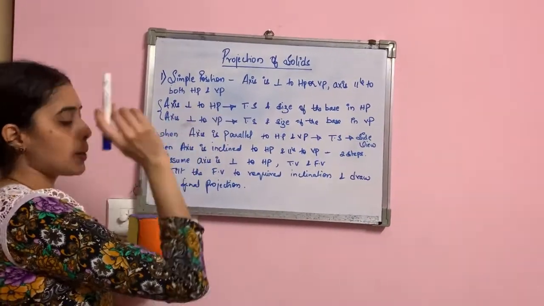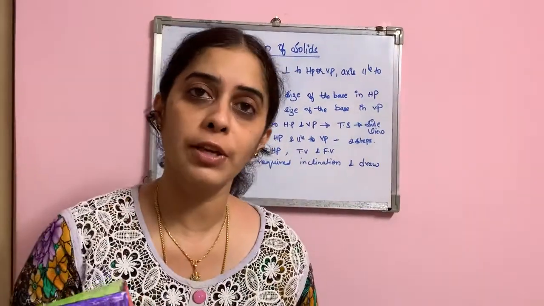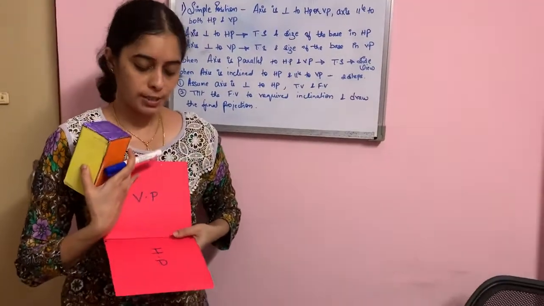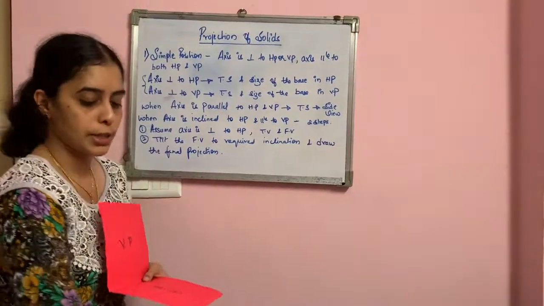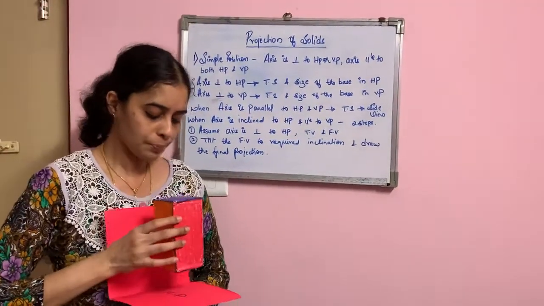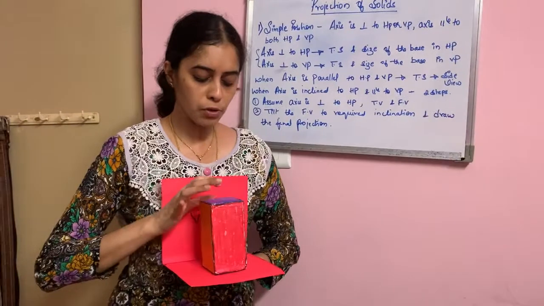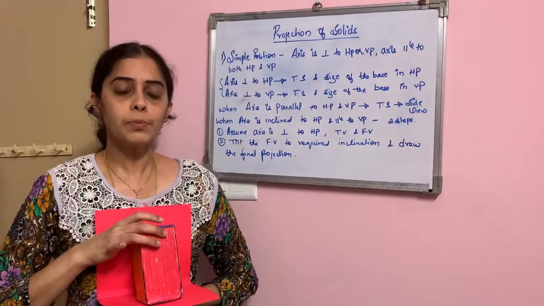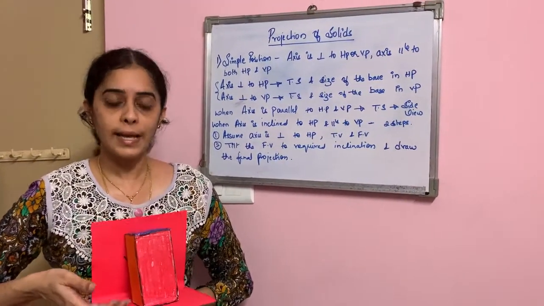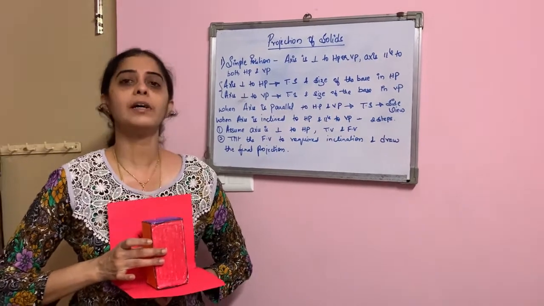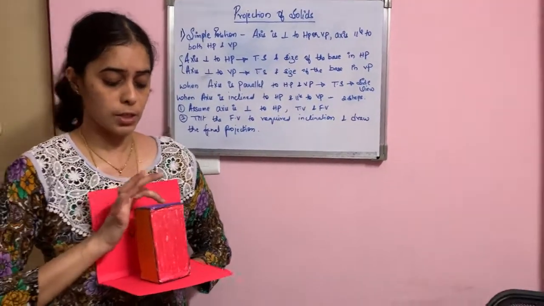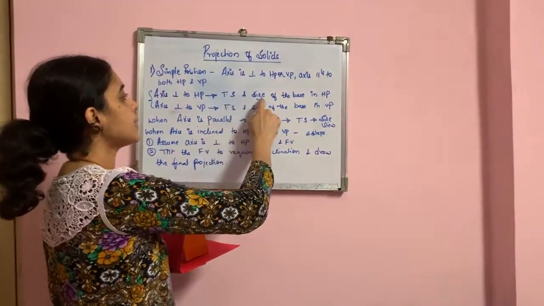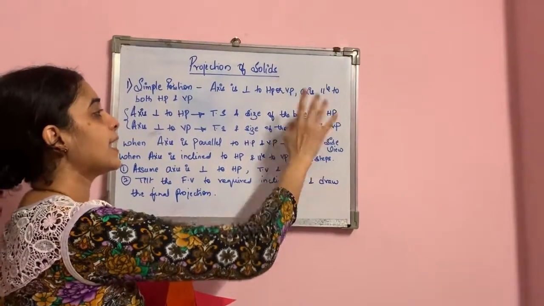So when the axis is perpendicular to HP, how will the position of the given solid be? You will have our horizontal plane and the vertical plane. When it is told it is perpendicular to HP, you have to position the given solid in this way, because you know that the axis passes from the top to the bottom. So that axis should be perpendicular to our horizontal plane. Means you have to keep the position of the given square prism in this way. So it is told that the true shape and the size of the base will lie in HP.